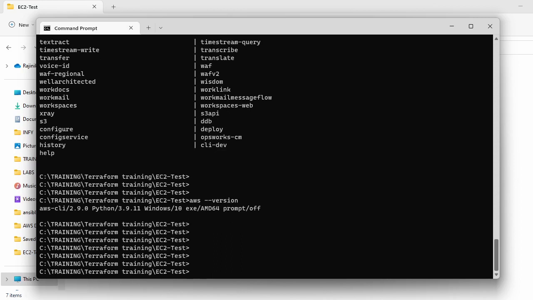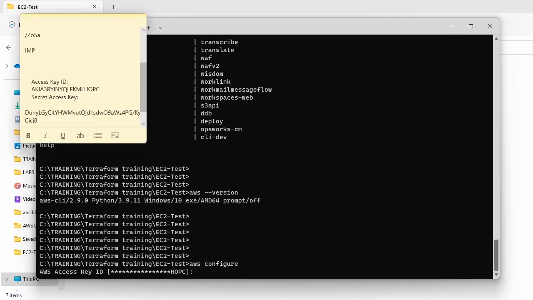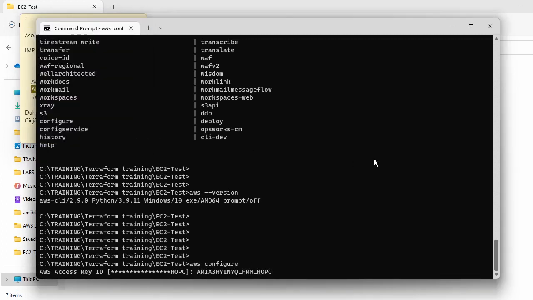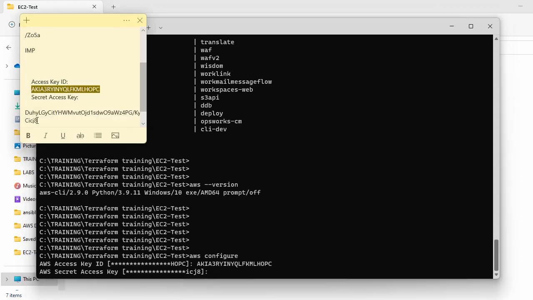So now I need to authenticate from here to my AWS cloud. How can I do that? To authenticate, you need to give an AWS command on the CLI, that is aws configure. Once you give aws configure and hit enter, it will ask for your AWS access key ID. What is the access key ID? This is the access key ID. Copy this, paste it, and then it will ask you for the secret key. Just come here, copy this,